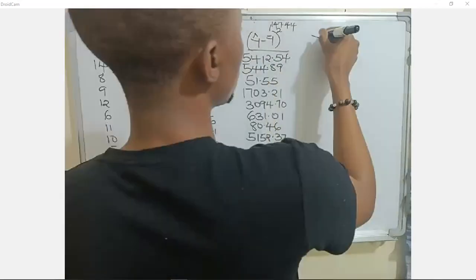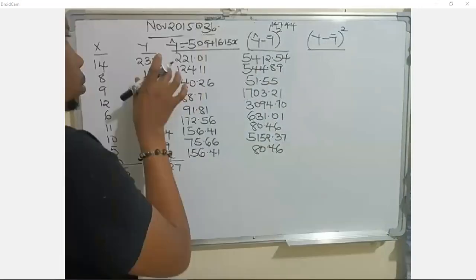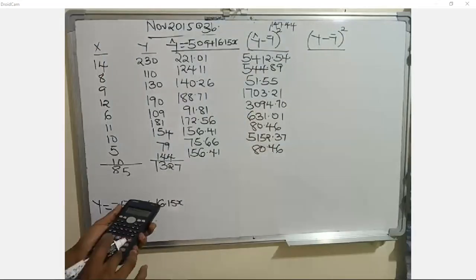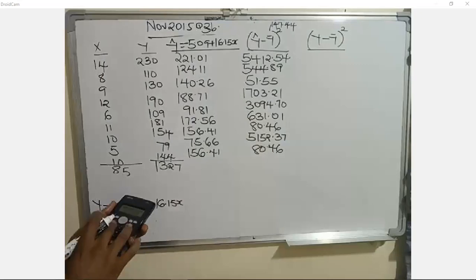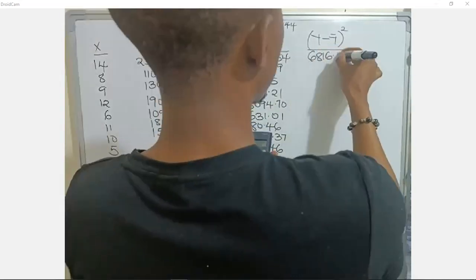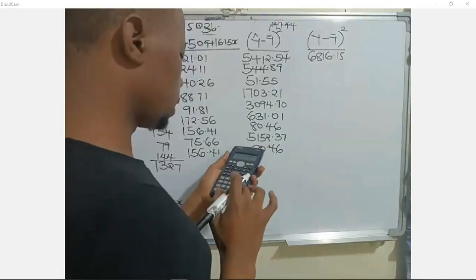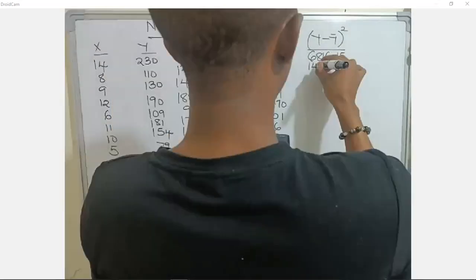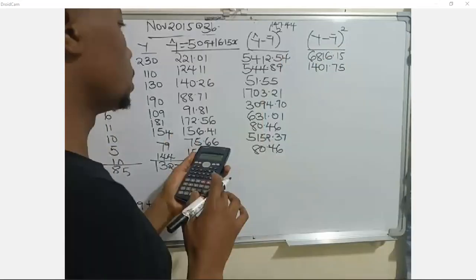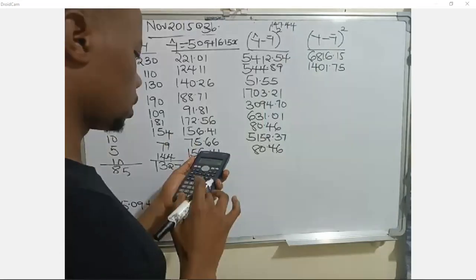Then I need to get the total variance, which we said we normally use the y historical minus our mean, then we square. So I start with the first one, which is 230 minus 147.44 squared, and I will be able to get 6816.15. The other one will be 110 minus 147.44 squared. I'll be able to get 1401.75. Right? We have 130 minus 147.44 squared. We'll be able to get